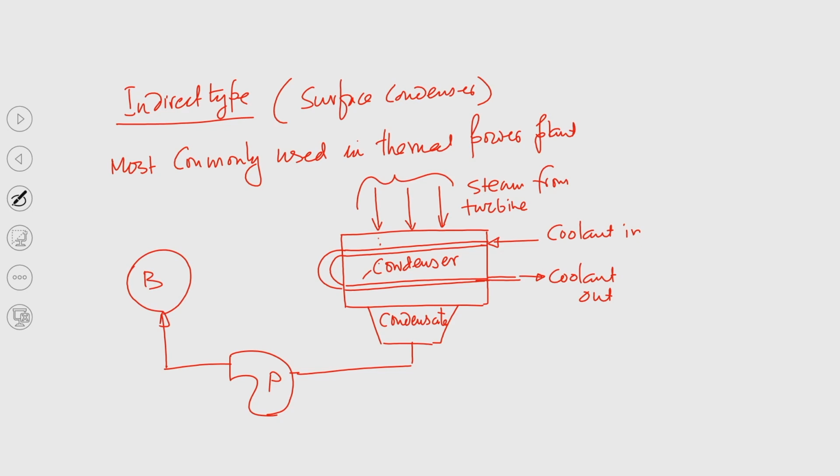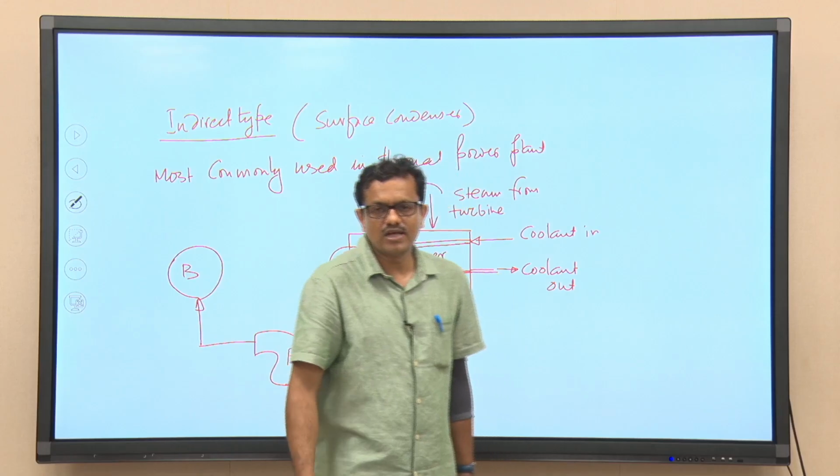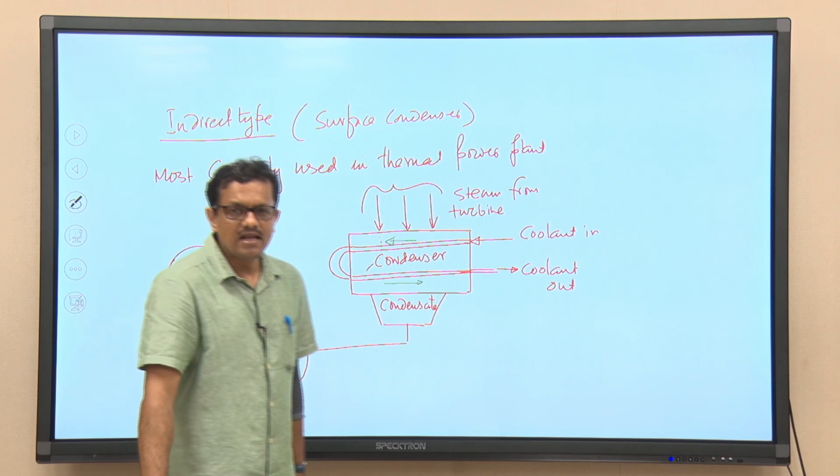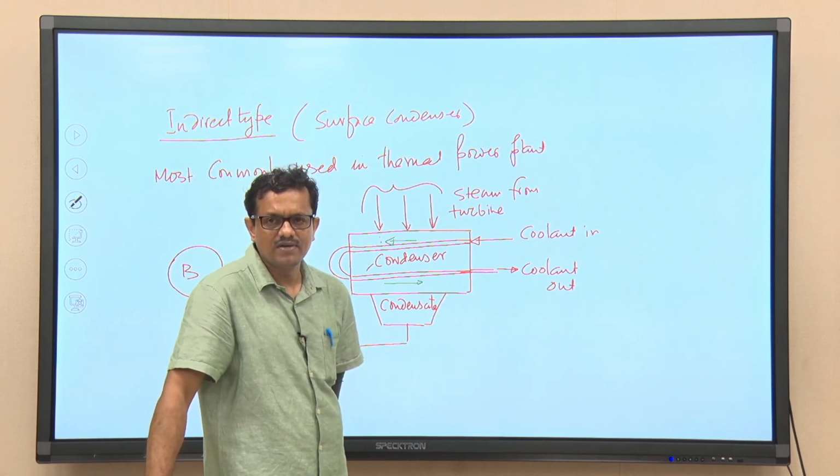Why is it called indirect type? You can see if I give the arrow, this is the water flow direction. Coolant is coming from the cooling tower in a thermal power plant. It is not always the case that coolant is taken from nearby lakes or ponds. When coolant comes out from the condenser, its temperature is very high. If you directly discharge that coolant into nearby ponds or lakes, there will be an environmental impact. So, you are not allowed to directly discharge it. Otherwise, the animals living in ponds, lakes and rivers will die.